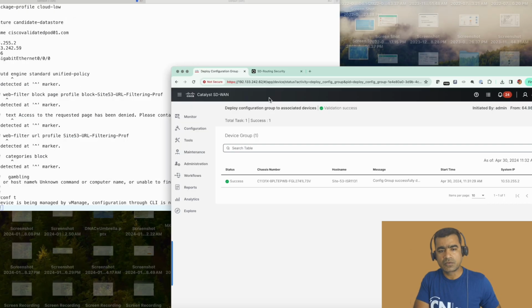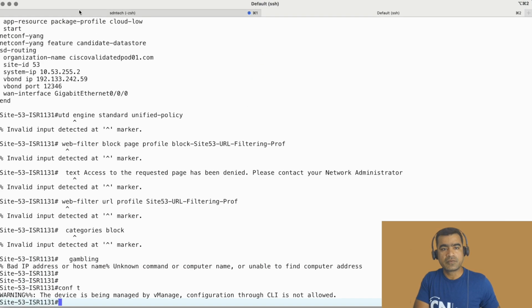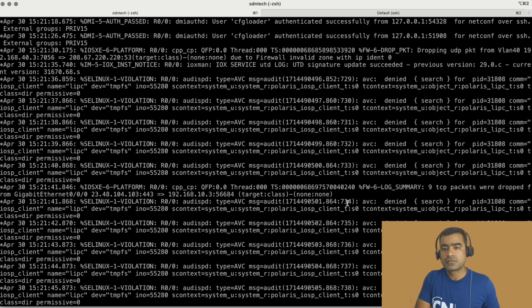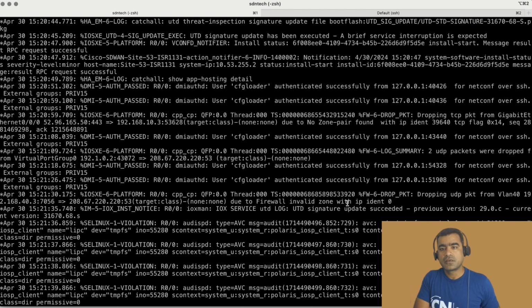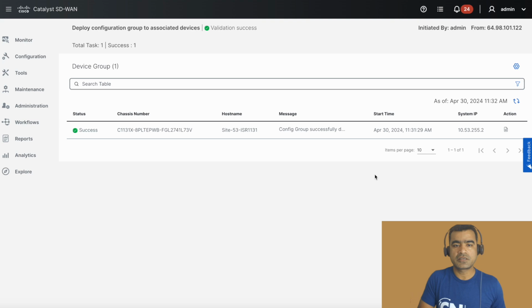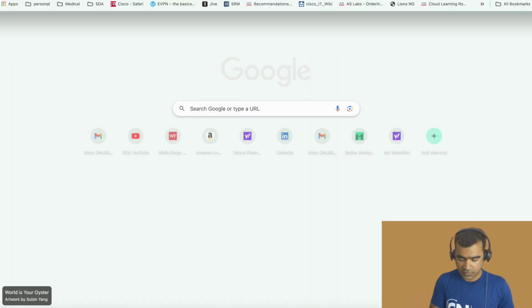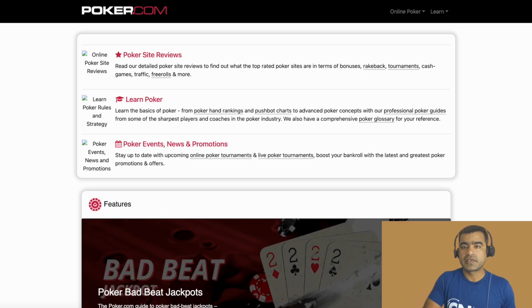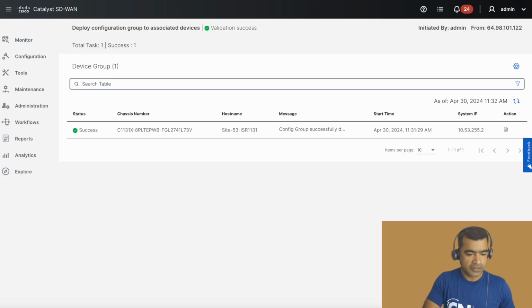Let's go back to our router one more time and see if we are still logged in. Okay, it was closed actually. No problem. What we want to test is if our policies are taking effect. And for that, again, we are going to go to poker.com. Maybe this is served by cache, right? So let me go ahead and open another browser